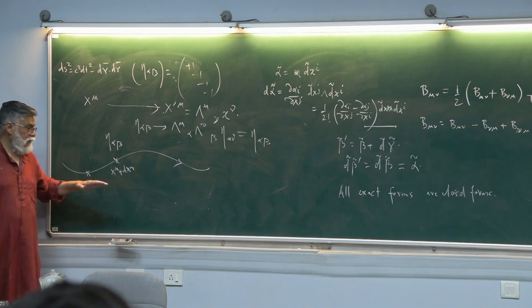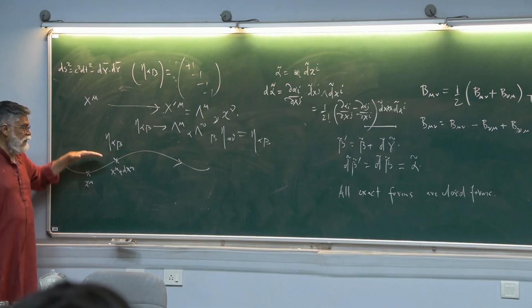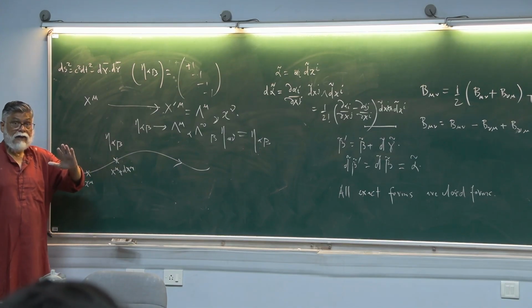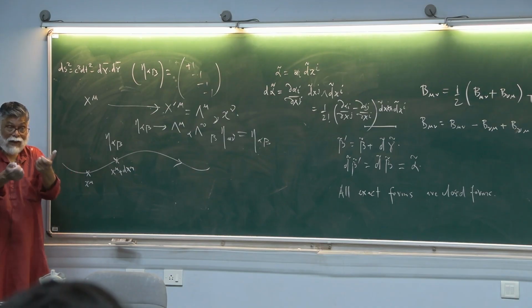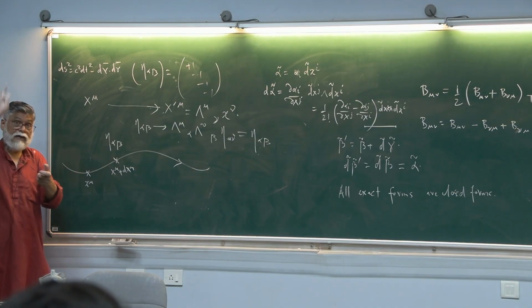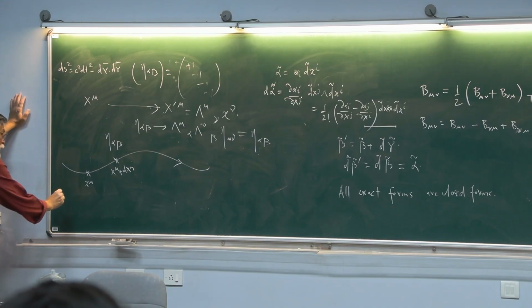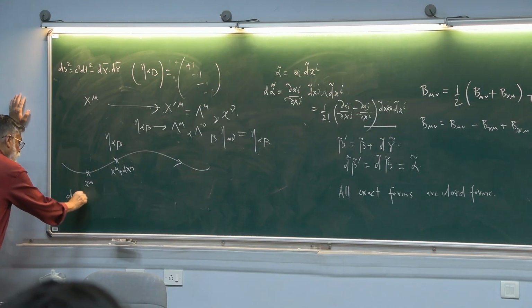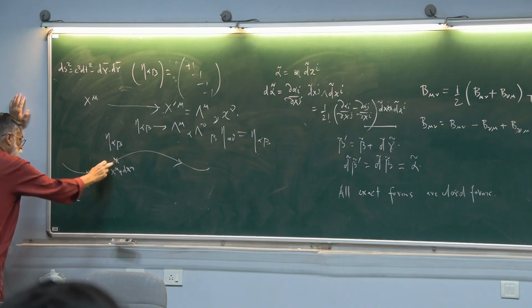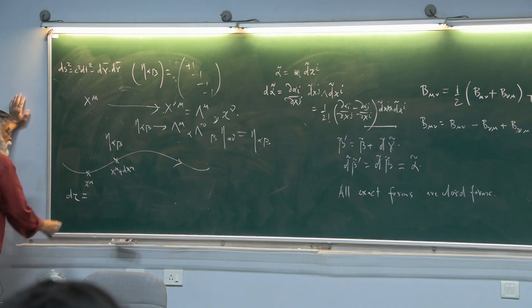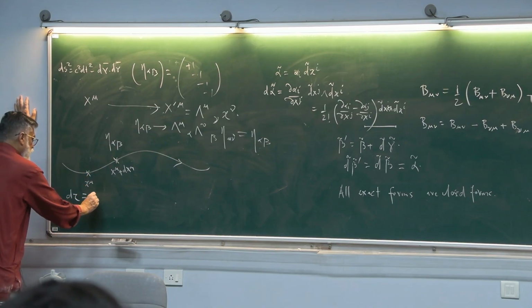The observer need not be an inertial frame, but maybe accelerating. But if he's carrying a good clock, I talked about a good clock in my first lecture, the proper time elapsed from here to here will be nothing but the square root